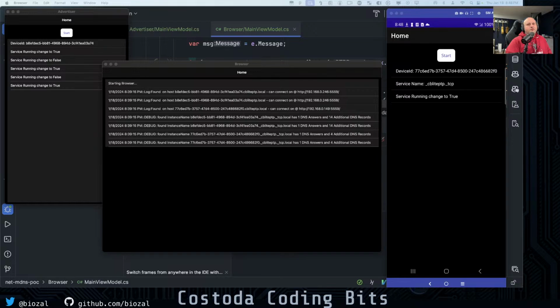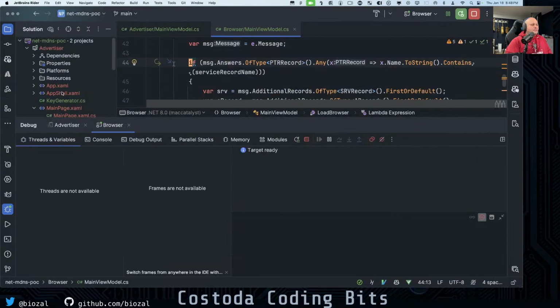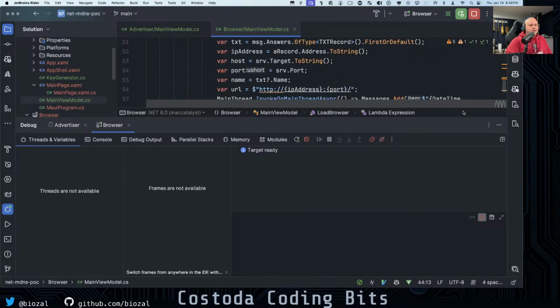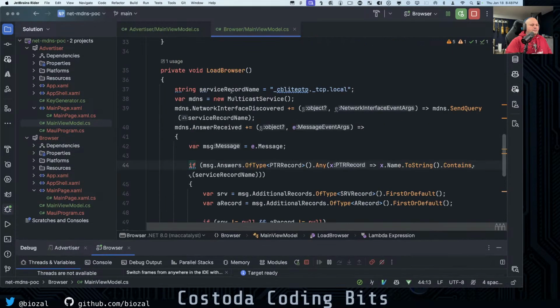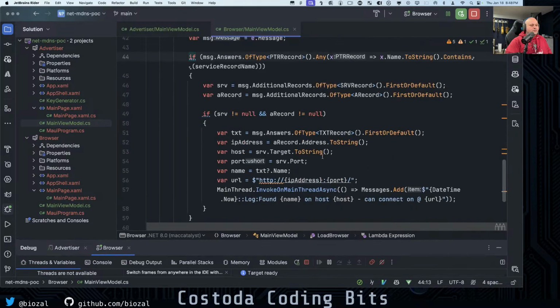So tomorrow's lunch stream, I'll probably be working on this just because I want to get it done by this weekend. I don't think it's all that crazy hard to get the rest of the stuff working on this. I mean, this is not a huge amount of code. You can see here, it's just a single page, and really the view model is pretty small. So I could wrap this into a service. Take both this and the advertiser out. So combine these into one big app,